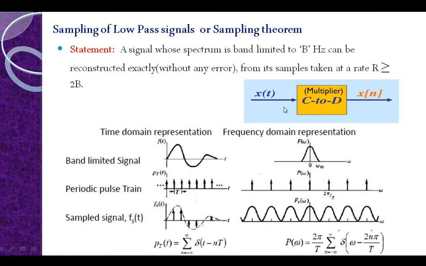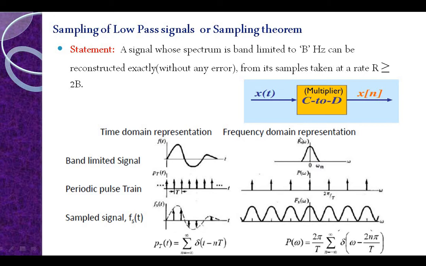This is the original message signal. Okay, these both are multiplied now. Then you will be getting the sampled signal fs of t. This is the sampled signal that you will be obtaining. This is the time domain representation. Why am I giving time domain representation? I discussed in the first class: for each and every particular time, how your signal changes can be seen in the time domain representation. Whereas in frequency domain representation, for a band of frequencies, how the signal changes continuously can be seen.